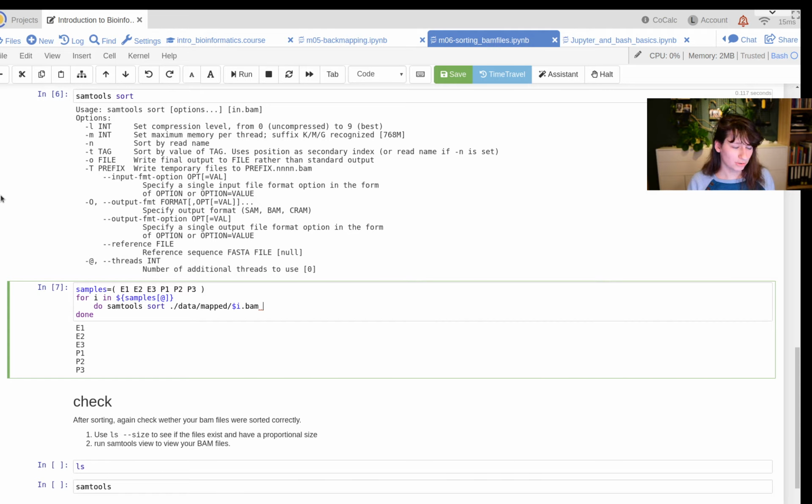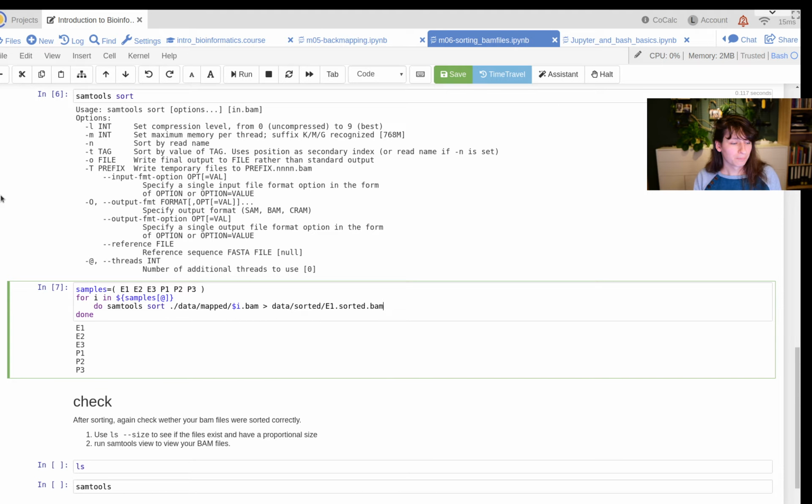If I now execute the command as it is, it will output these sorted BAM files to the terminal. This web page will be completely overloaded and I have to do this again. That's not what we want. So we can direct the output by writing an arrow like this to data/sorted/ so I would call it